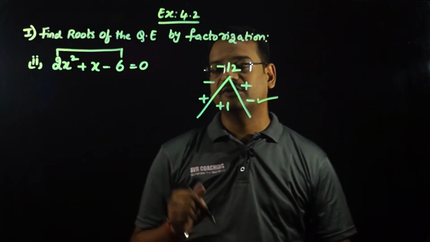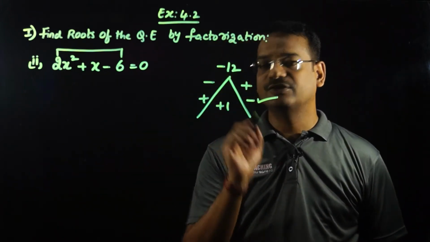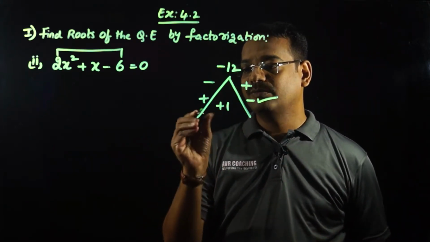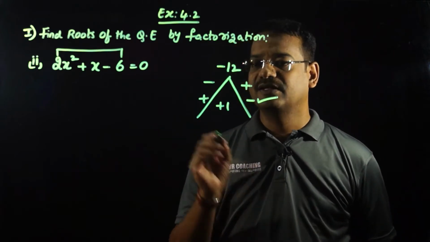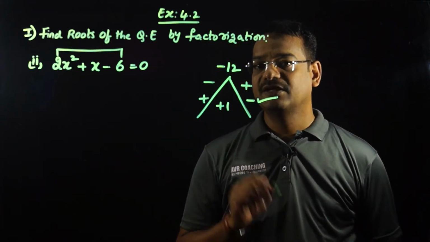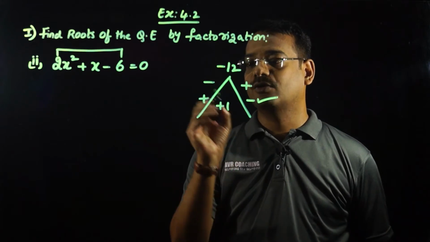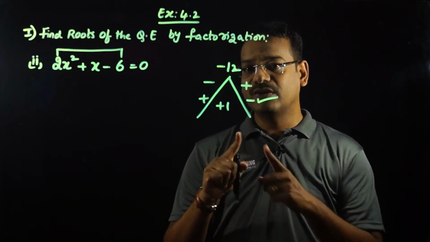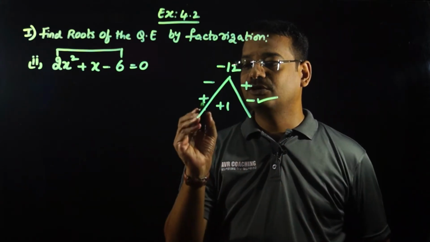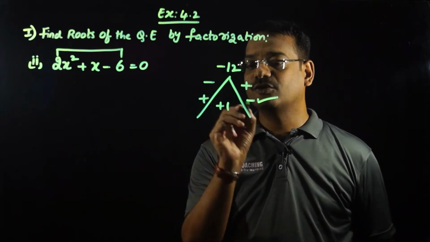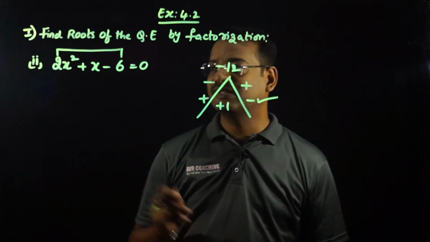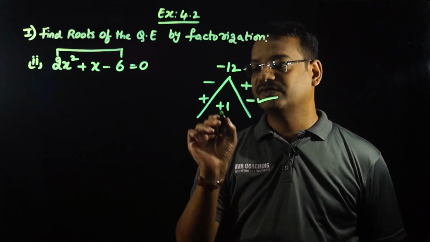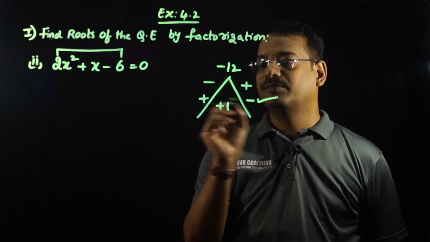So what is the difference of taking minus into plus or plus into minus? It is the bigger number. When we split the middle term, the bigger number will be having the plus sign and the smaller number will be having the minus sign. If we take it the other way around, the bigger number will have the minus sign and the smaller number the plus sign, which will mess up the problem. So whether it is plus into minus or minus into plus purely depends upon the sign of the middle term. Since the middle term is plus, we'll go with plus into minus.